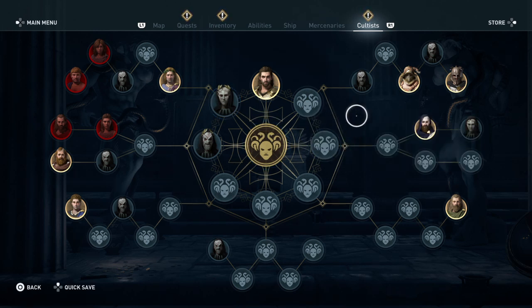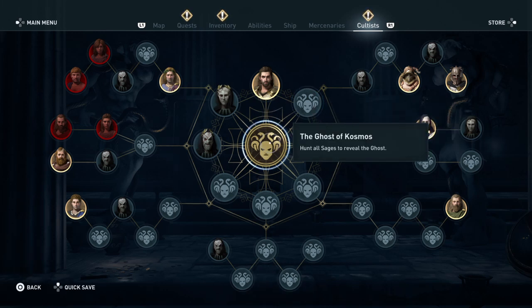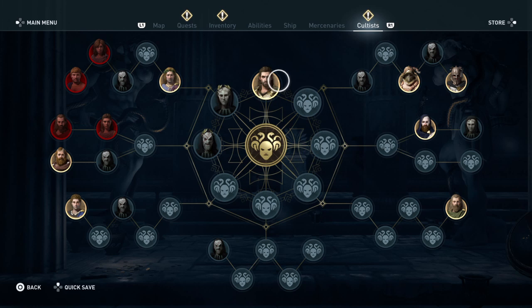This is the screen with the cultists. So basically, that's the mystery leader of the cult. This is the general leader of their military branch.